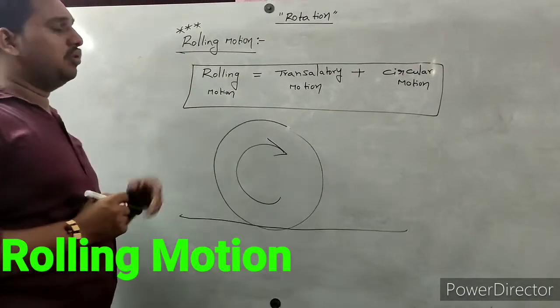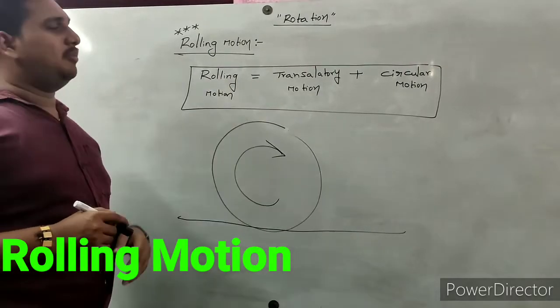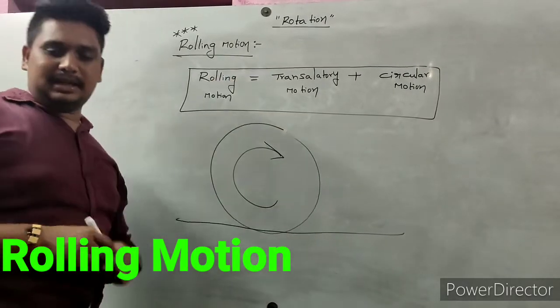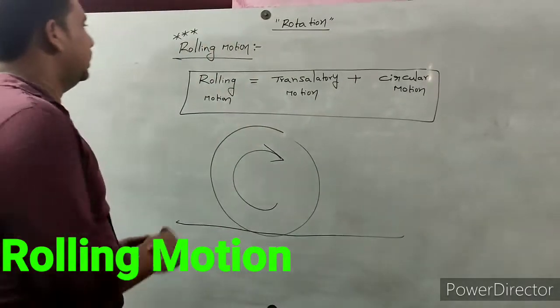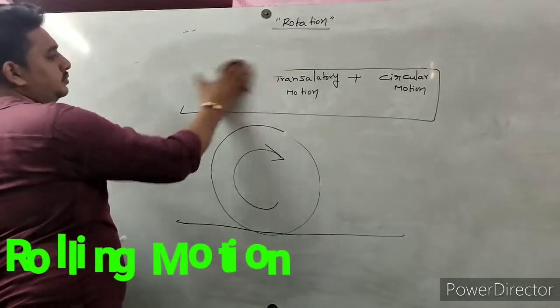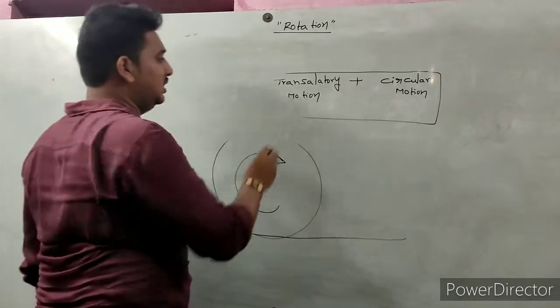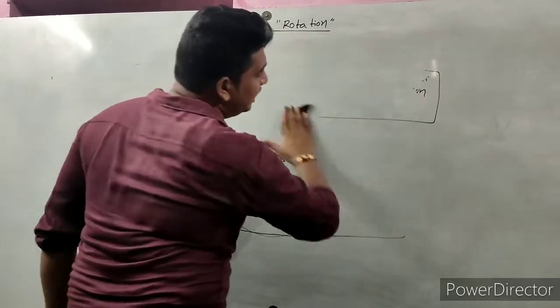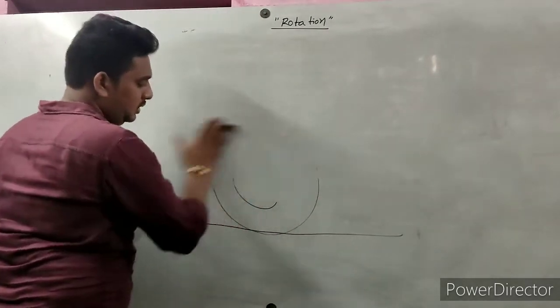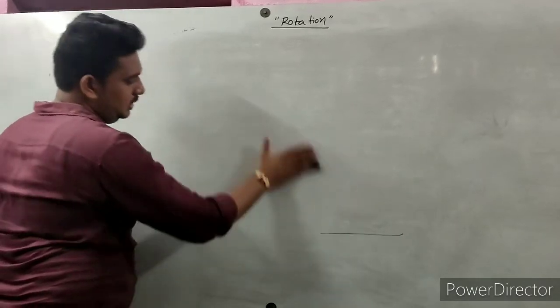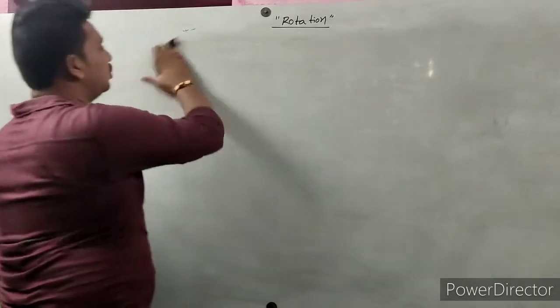First of all, the definition of rolling is the combined motion of translatory and circular motion. Translatory motion is also called linear motion. So in this rolling motion,